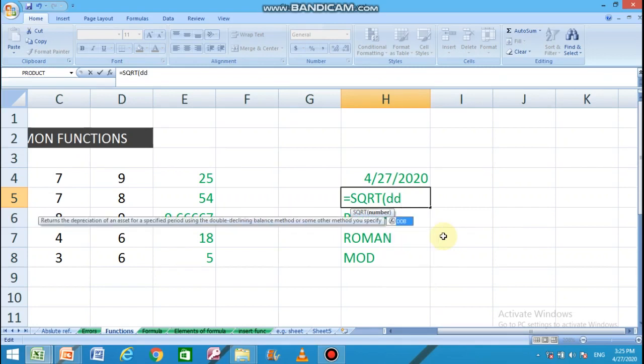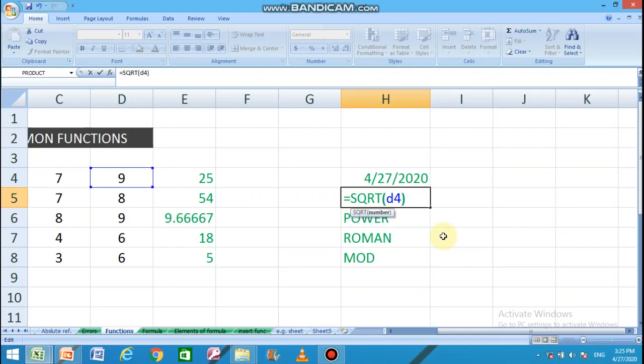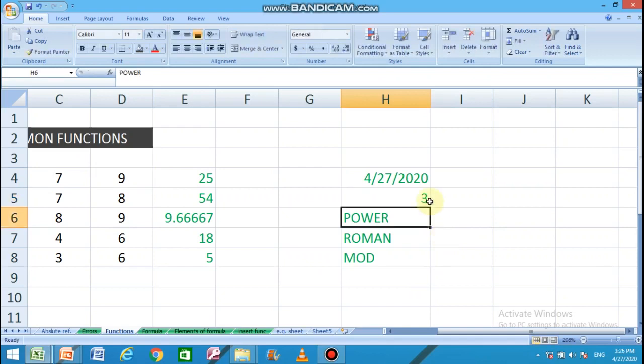D4. The D4 is having value 9. The square root of 9 is 3. We all know that. Let us check the function. What result it is giving? 3.